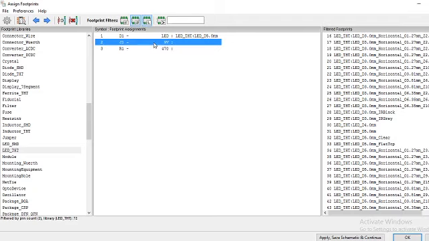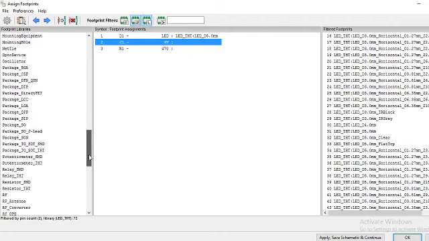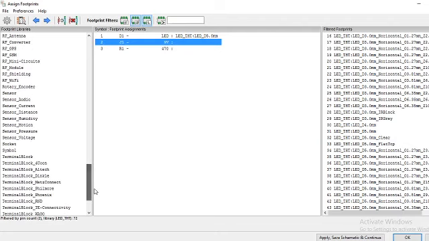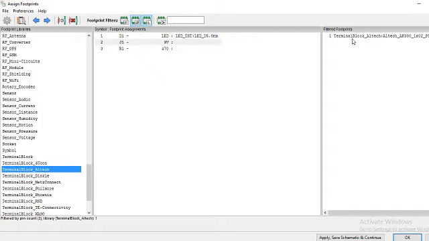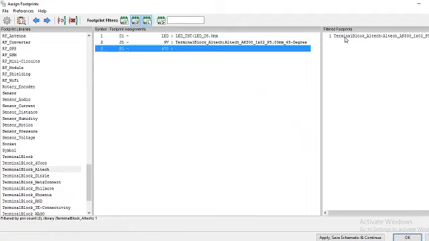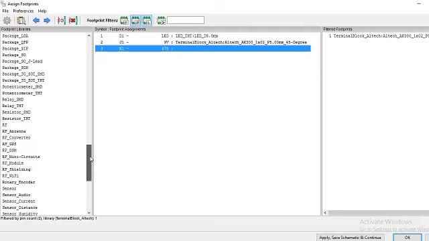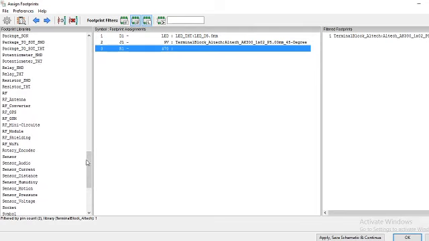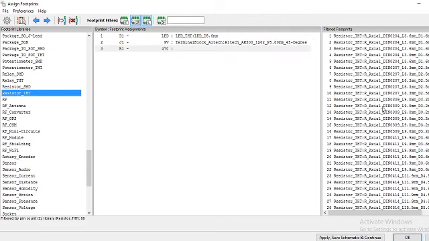For terminal block, we can select terminal block and select the footprint for terminal block. Then double click on this. For resistor, select resistor here, resistor THT.